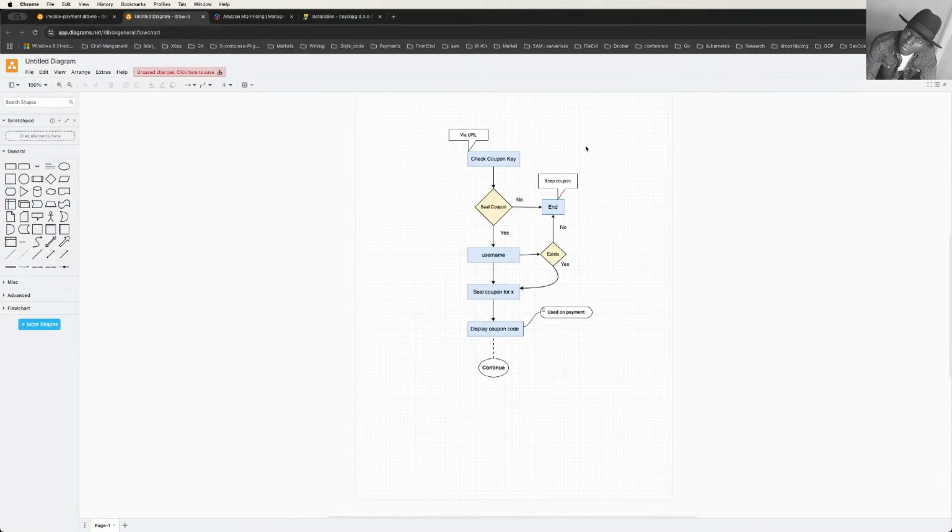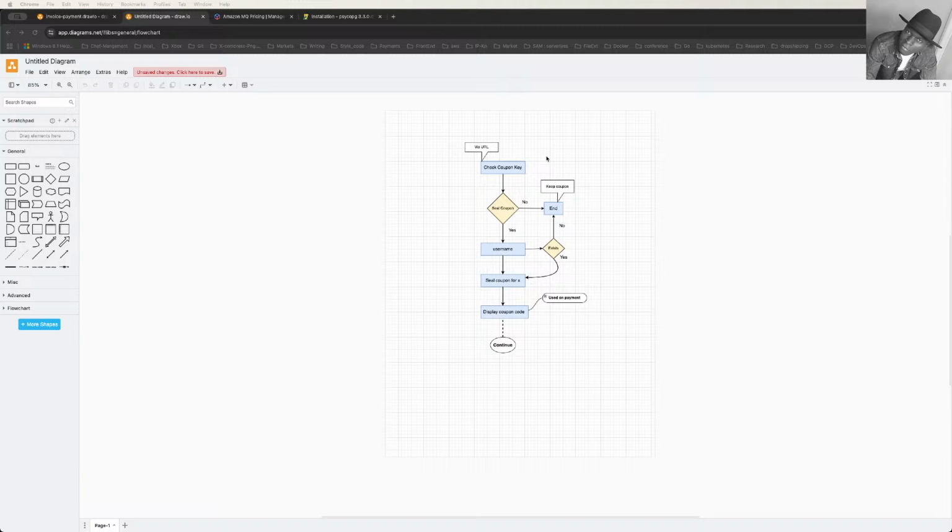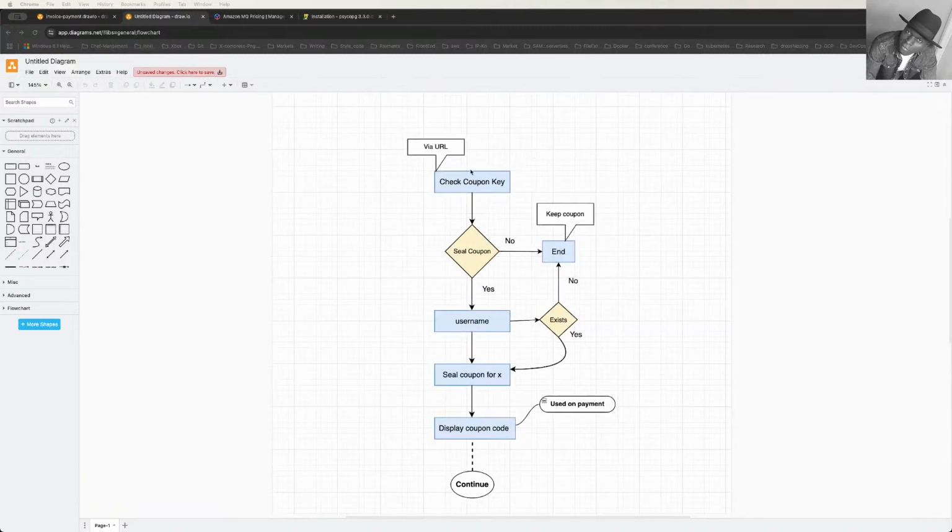Yeah, I do have it. As you can see, for a coupon key, this is where the user, once they buy the coupon,